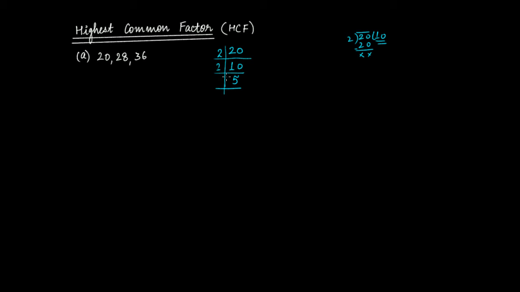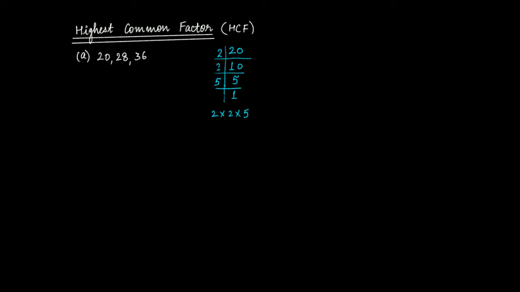Now, is this divisible by 3? No. So the next prime number is 5, and the quotient is 1. So the prime factorization of 20 will be 2 times 2 times 5. This is the prime factorization of 20. Now, what will be the prime factorization of